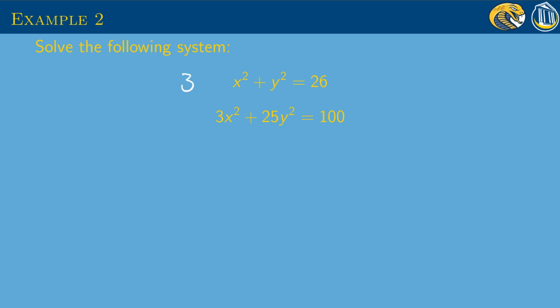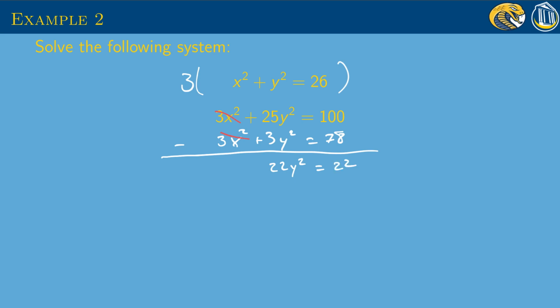Let's say we take this entire equation and multiply it by 3. That will give us 3x squared plus 3y squared equals 78. At this point, we could subtract these two equations. Notably, 3x squared minus 3x squared ends up canceling, and what we're left with is a much nicer 22y squared equals 22. At this point, we can solve for y, divide both sides by 22,